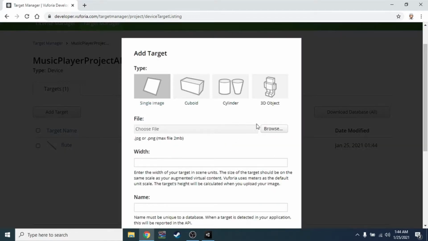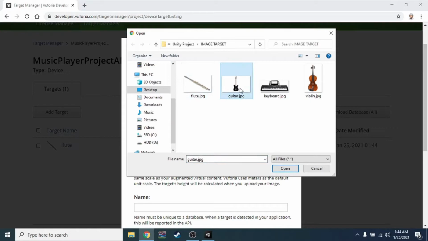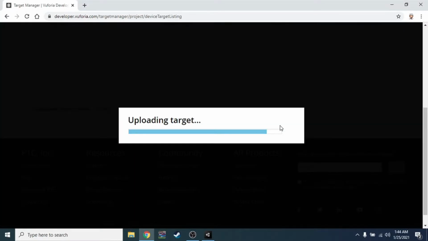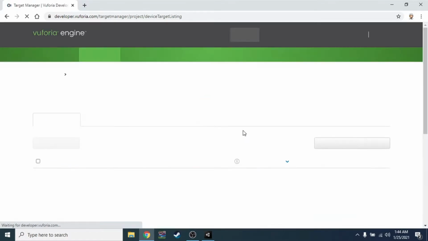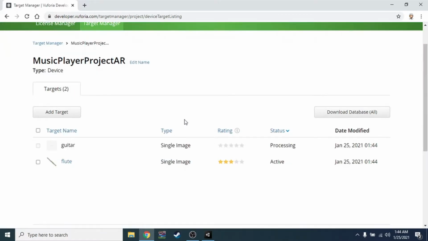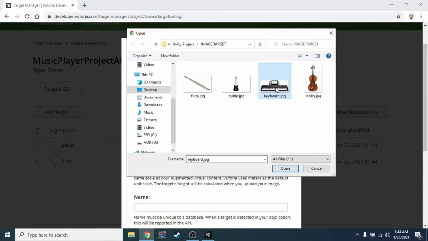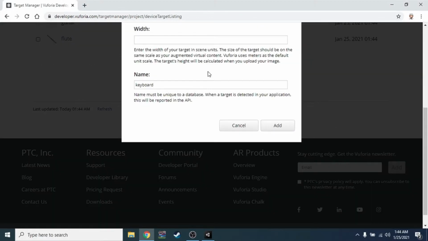We add the active one, we choose guitar, same, the width 50. Okay, we add the others, keyboard picture, open, width 50, same.